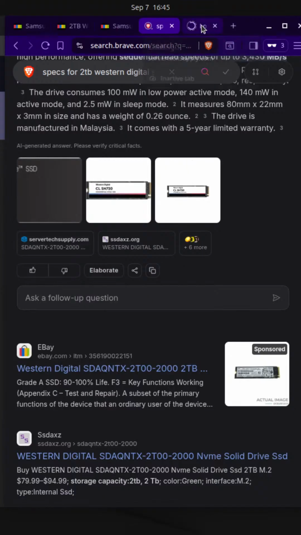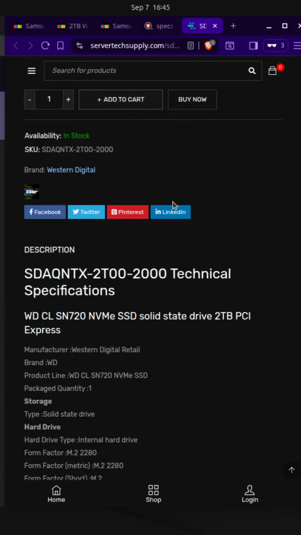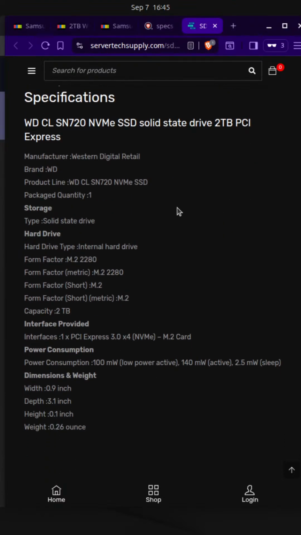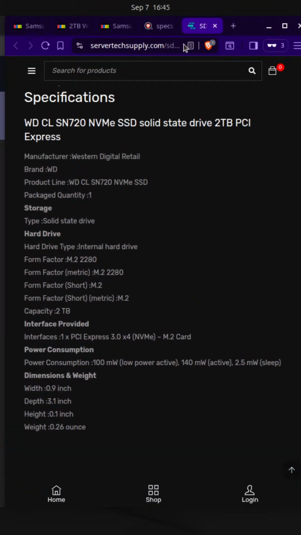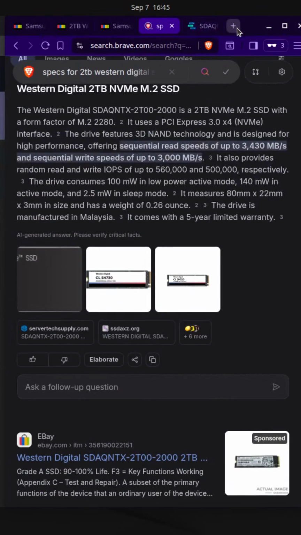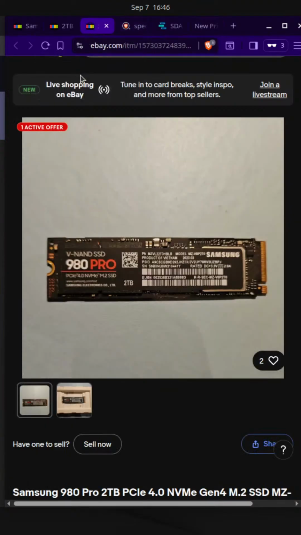It's like server tech supply. Okay, that's something. It's wild to me that this stuff isn't more obvious. Specs on